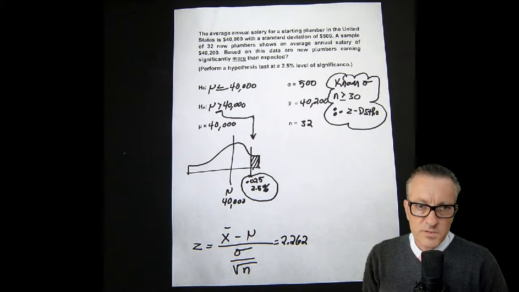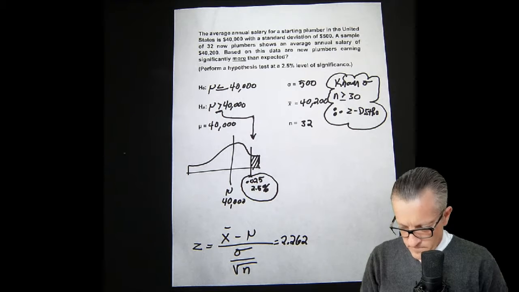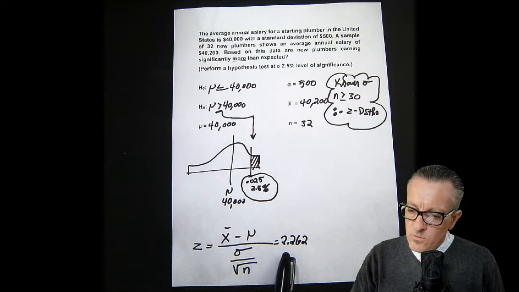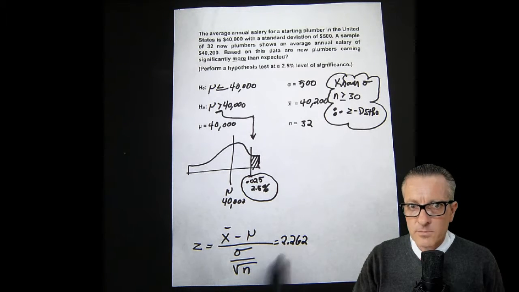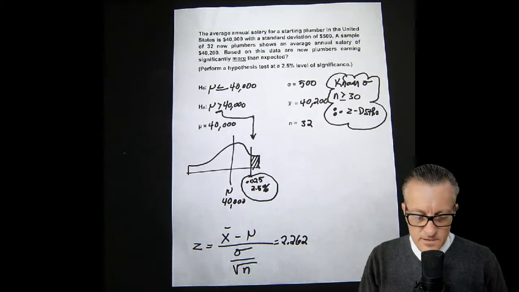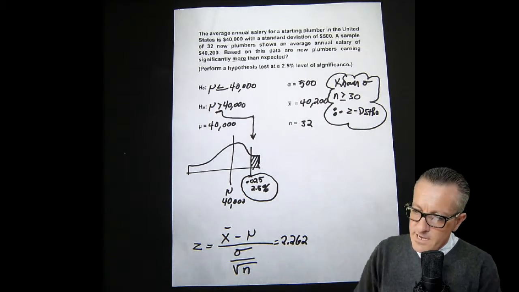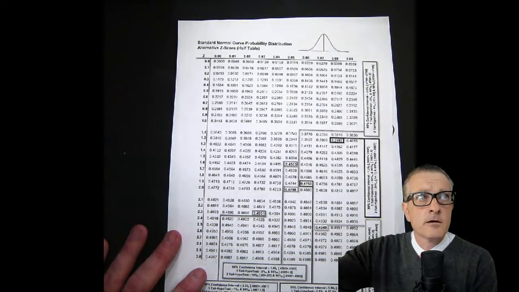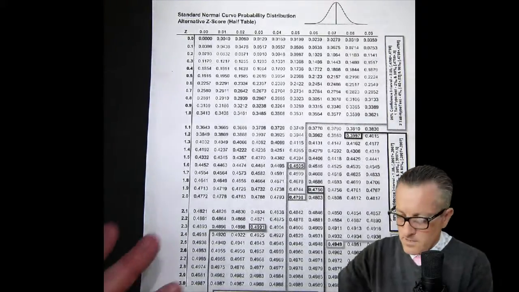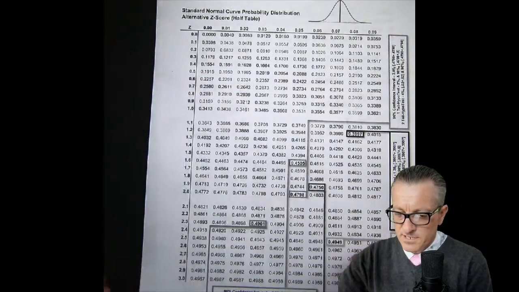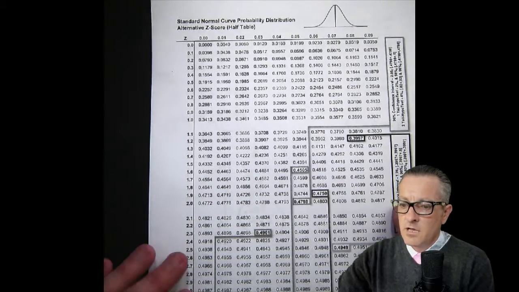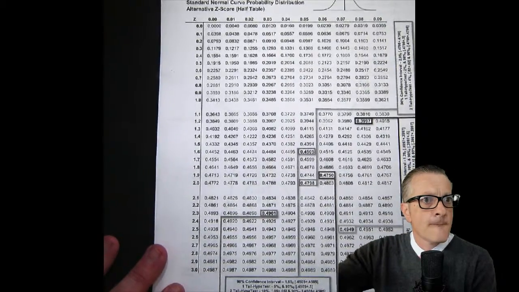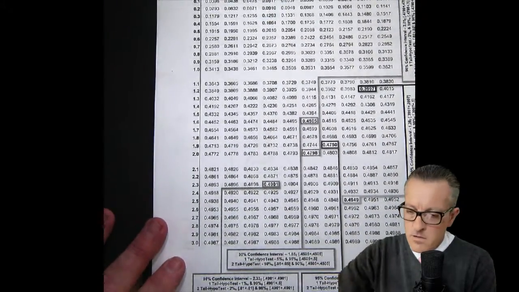Okay, now we're solving this problem with the p-value method. So what we need to do is figure out what this is equal to on our z-table as a probability under the curve. So I'm going to get out my table that I have here, and I'll zoom in a little bit. Okay, so our value was 2.26. It's because my table only goes out 2 decimal places. So 2.26. So we have 2.2.